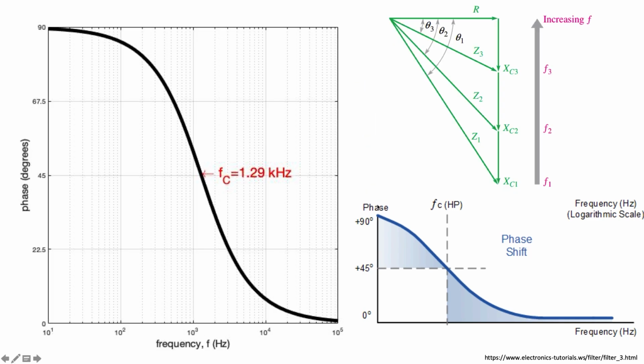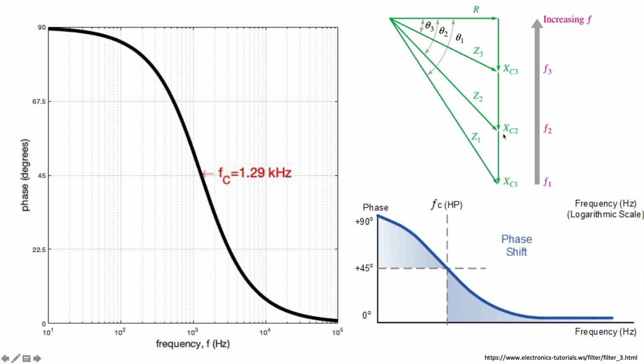If we take a look at the phasor diagram, we know that the capacitive reactance lags the resistance by 90 degrees regardless of the frequency. However, the magnitude of the capacitive reactance decreases as the frequency increases. So this is extremely large if the frequency is near zero, and as the frequency increases, the magnitude of this phasor also